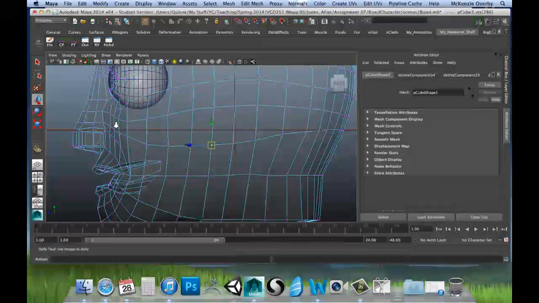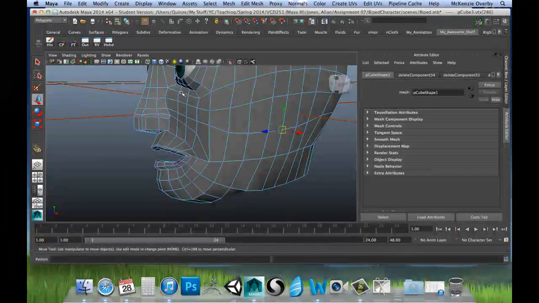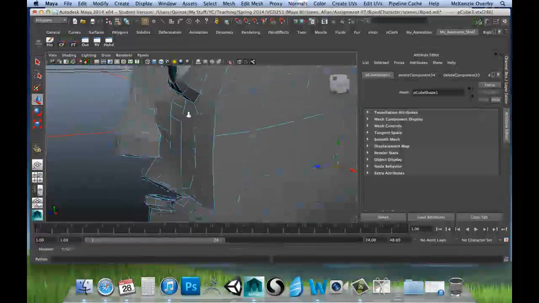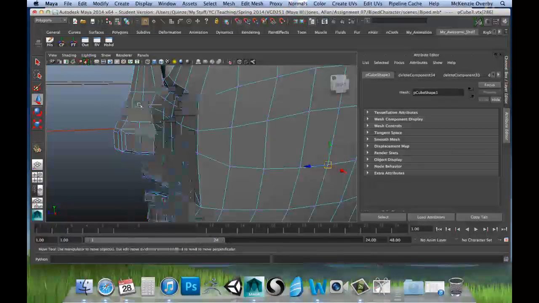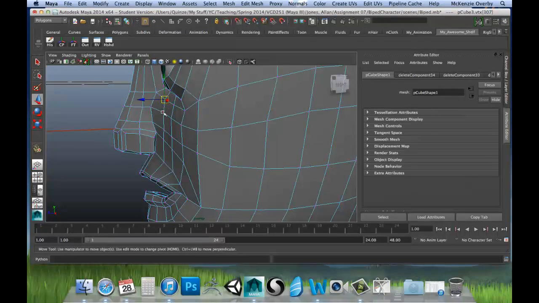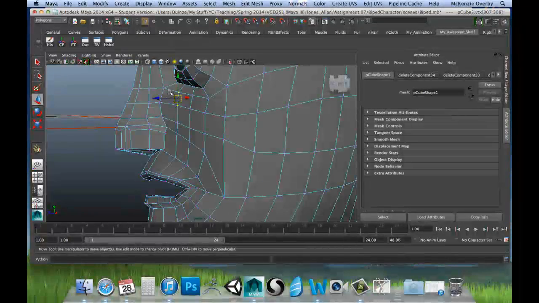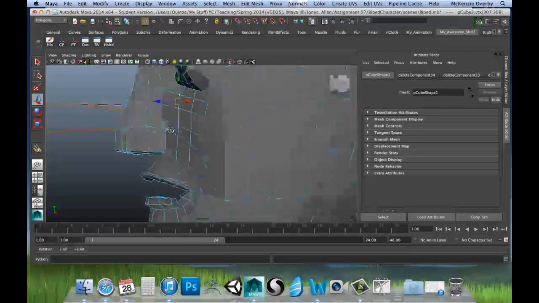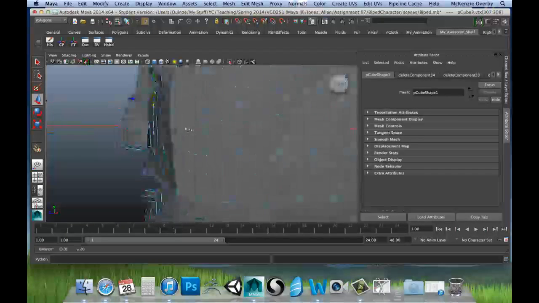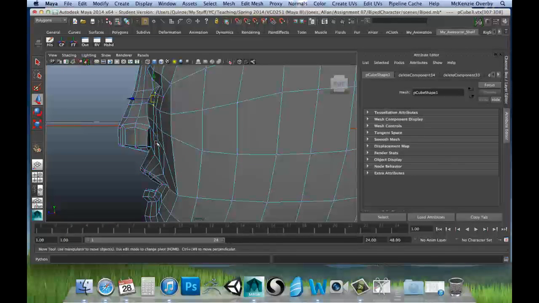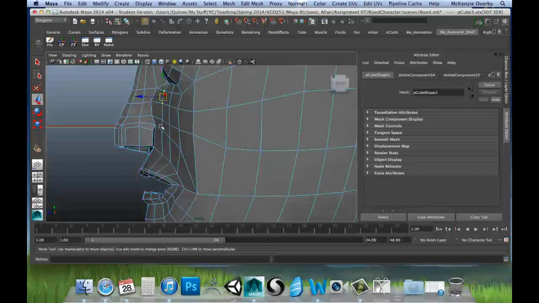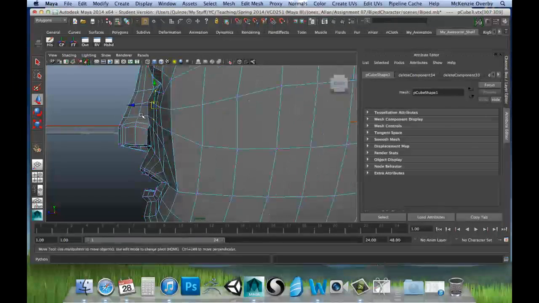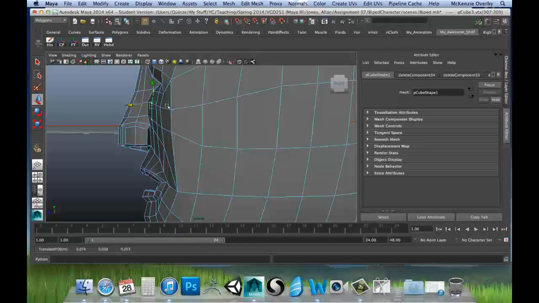So we want to indicate that shaping and that underlying bone structure here in our face. Just grab some of these verts here, and you kind of have the right idea already going on where your nose is. You've got that nice curve in there, but it's just not continuing through the rest of the cheek. This is just all coming very flat. So make sure you grab these guys, pull them out,